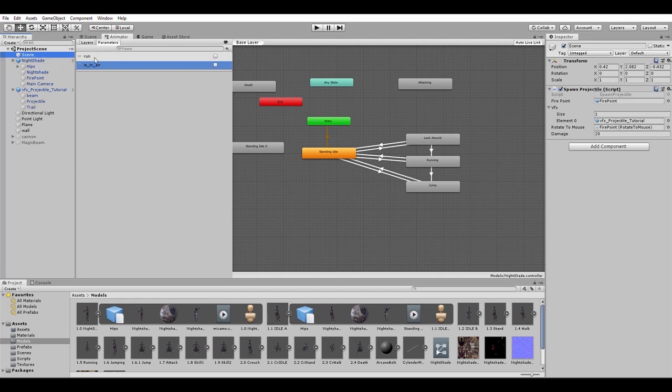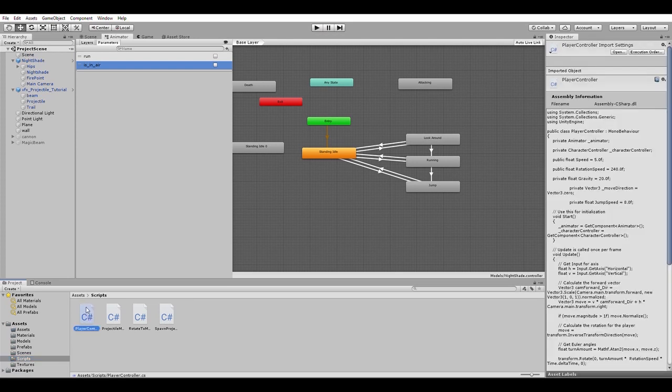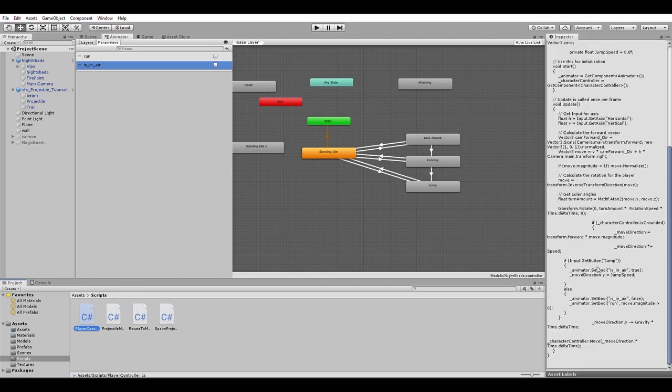Okay, now the character is finished. So the second thing I did is to make the projectile where the character can attack. So at first, I will create an empty object and name it as VFX projectile tutorial. After that, at the inside,